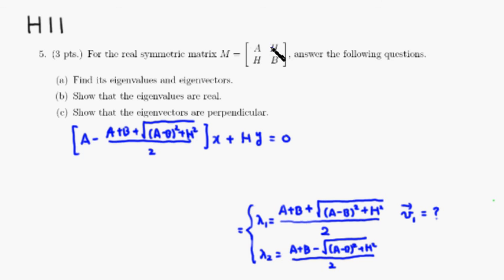You know, a minus lambda and h there. So you have a minus lambda 1 times x plus hy. So we're looking for x and y which satisfy this equation. The reason why I'm looking at only the first equation is that the second equation is going to be identical or equivalent, so there's no need to look at that. Let's simplify this a little bit better. If you put this guy over to the other side, you're going to get